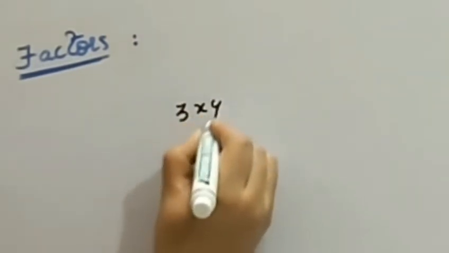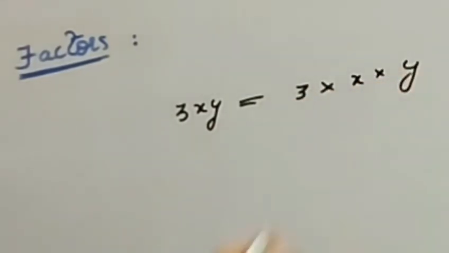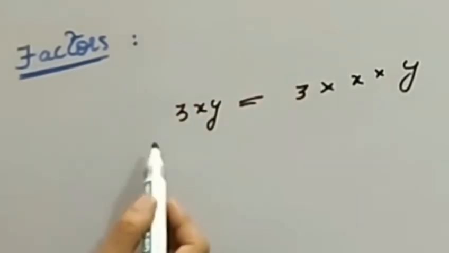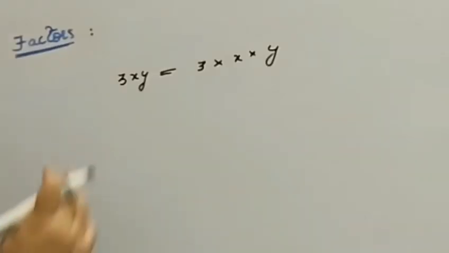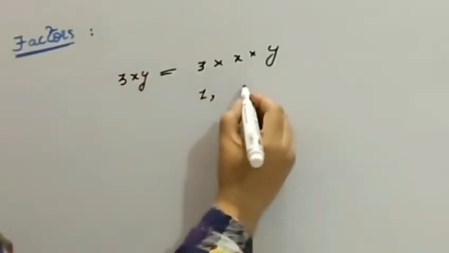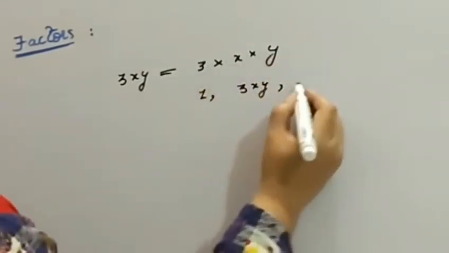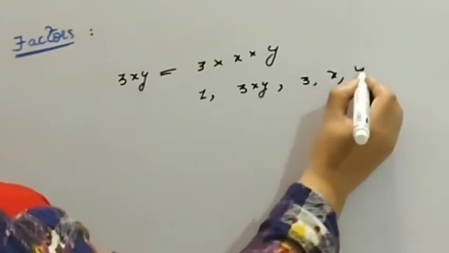Let's talk about the factors of a term. If a term is not constant, then it's the product of constant and literals. For example, 3xy, 3 into x into y. In this case, all these are the factors of the given term. So if question comes right, two factors of the given term, as you all know, one is factor of all the number, second, the number itself is also a factor of the number, and other than these three are the factors, 3, x, y, and so on.